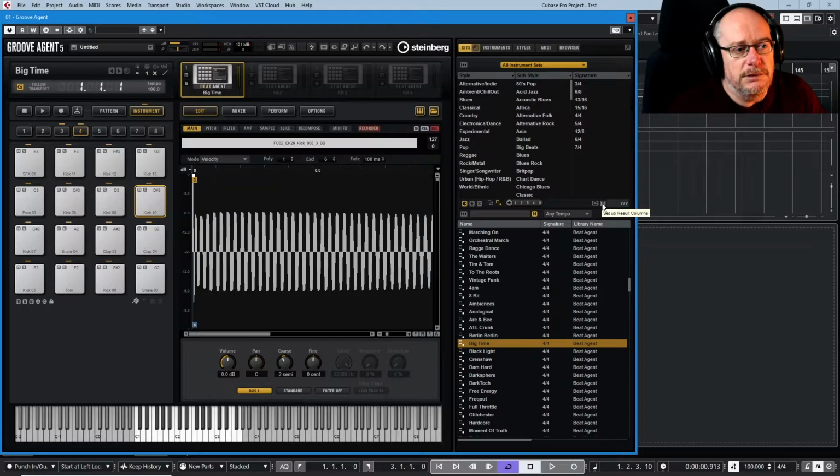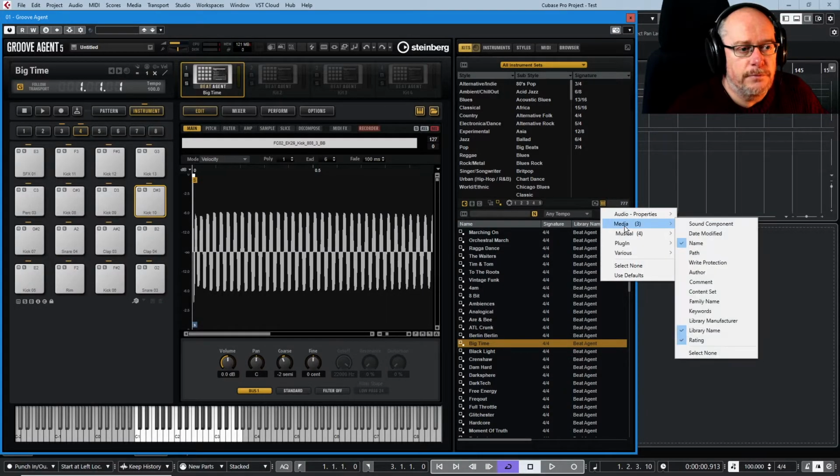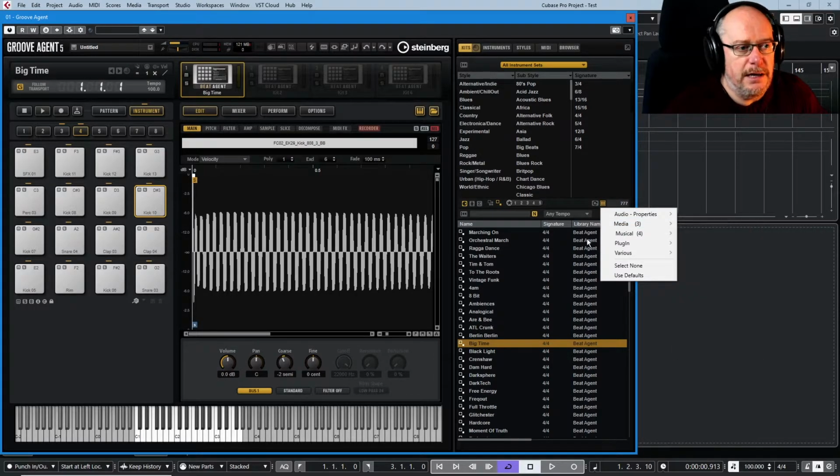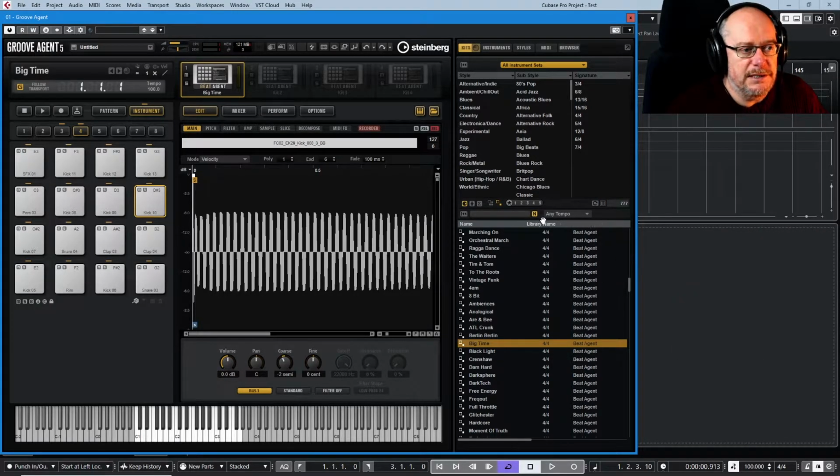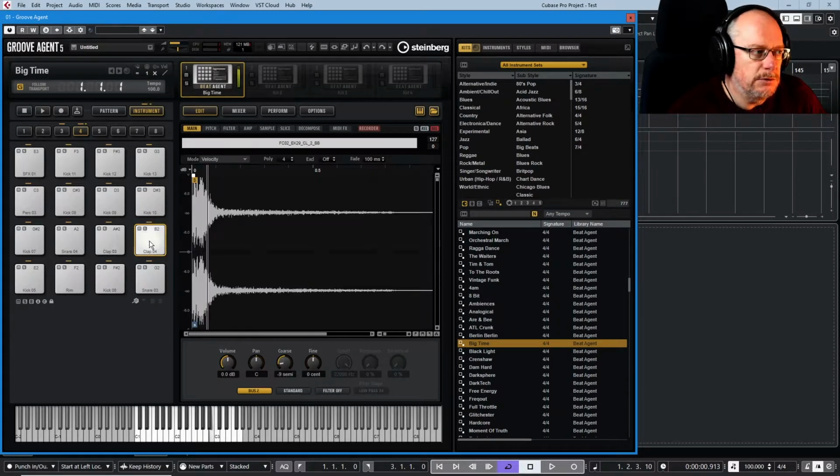This setup result column I do use because I want to see this data down here. By default you don't get library name, and I think that's a really useful thing to have. So you can set that up on the media option, just tick library name and then it'll appear, and you can pick these things up and drag them around and organize this results screen how you want it to look. So anyway, we've loaded Beat Agent, we've got some sounds,